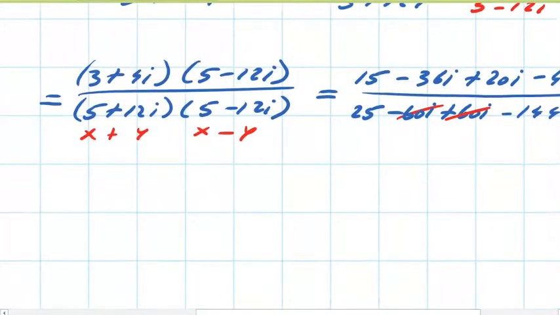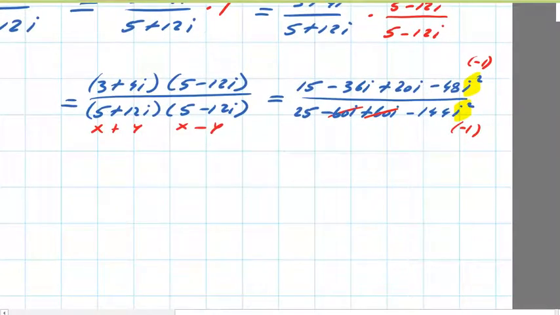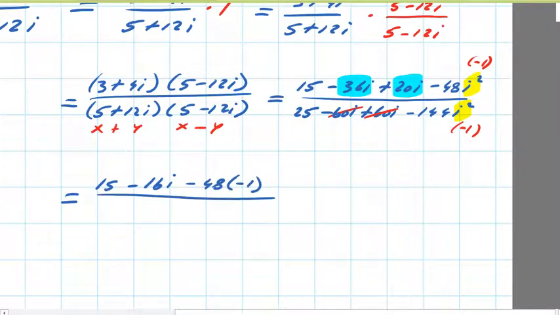So it's equal to 15. 20i minus 36i, so keep your i's together, those go together. So 20i minus 36i is minus 16i, minus 48 by i squared, which is minus 1. Below the line we have 25 minus 144 by minus 1 again,